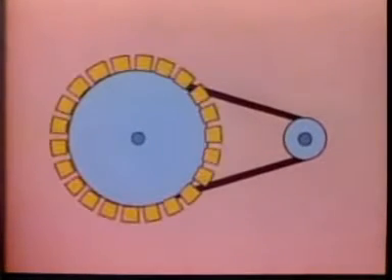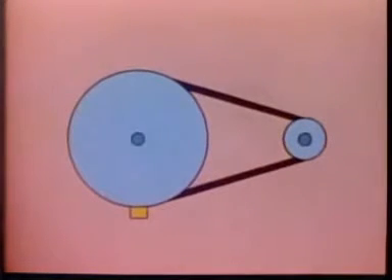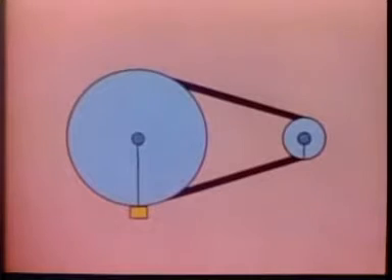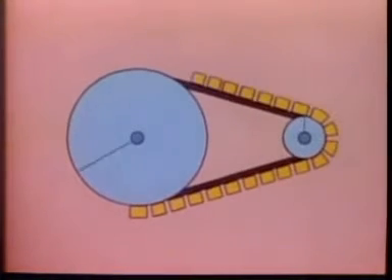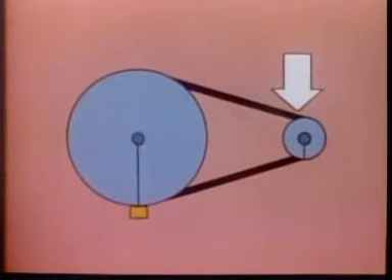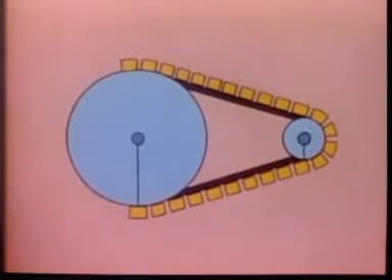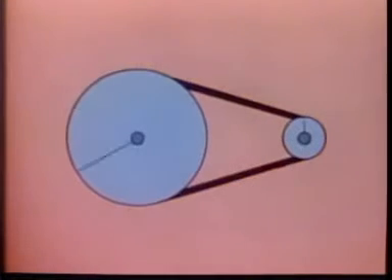The circumference of this wheel is 3 times the circumference of this one. This is how far the belt moves when the large wheel revolves once. But notice what happens to the small wheel with 1/3 the circumference while the belt moves that same distance. It revolves 3 times. So the moving belt causes the small wheel to turn 3 times as fast as the